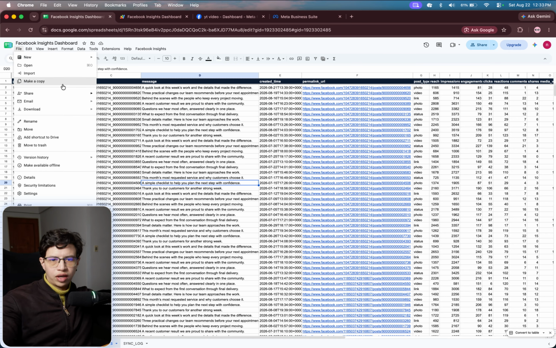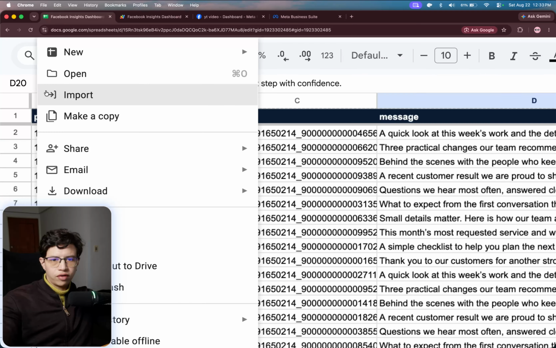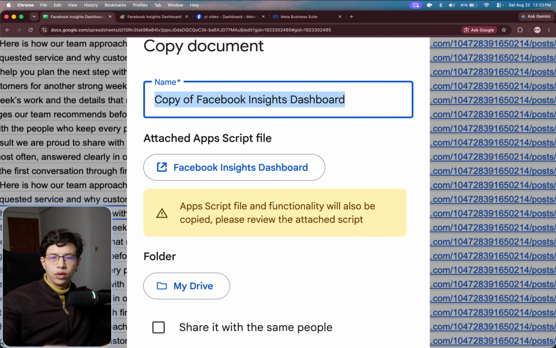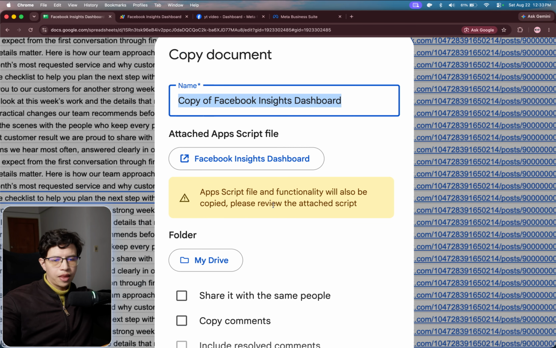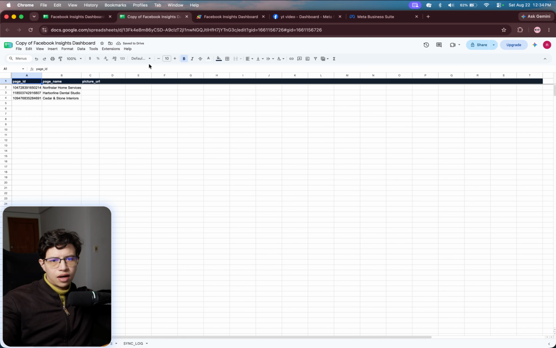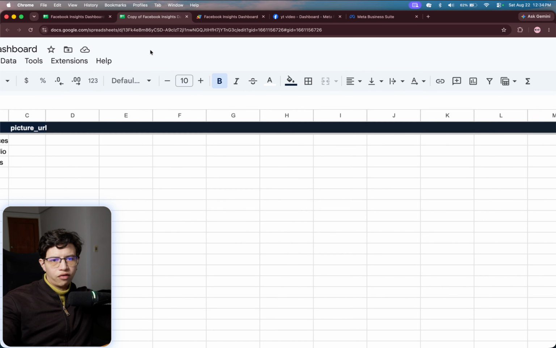I will just make a copy. So I will show you how you can do it from scratch. Come here, File, Make a copy, and you will have this spreadsheet down below in the description. So you just go there and make a copy of it. So make a copy here, and then you will see that it will load